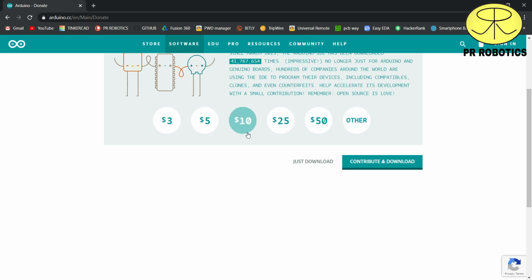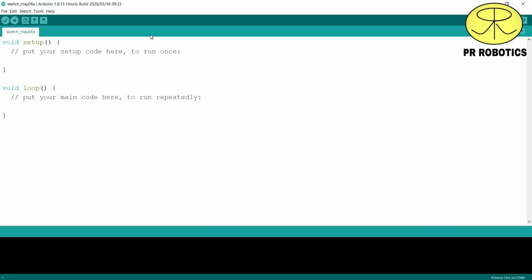So now let's jump to the code. This is how our software looks like. Here we have two sections. First one is void setup and another one is void loop. The commands which you want to run only once during the compilation of the code will be put in the void setup section, and the commands which you want to run again and again